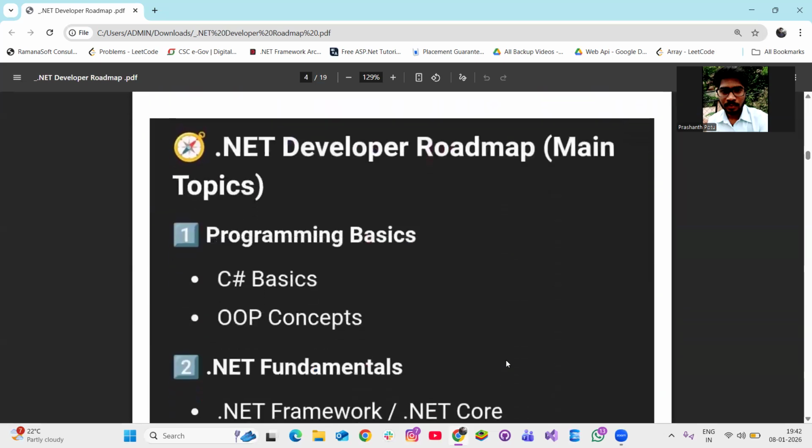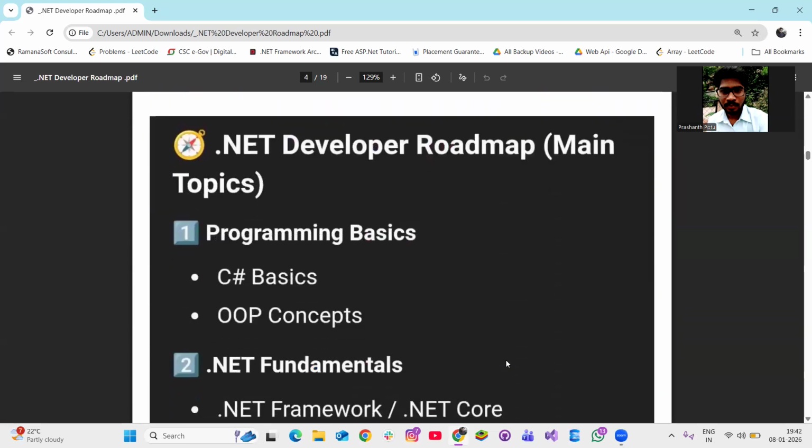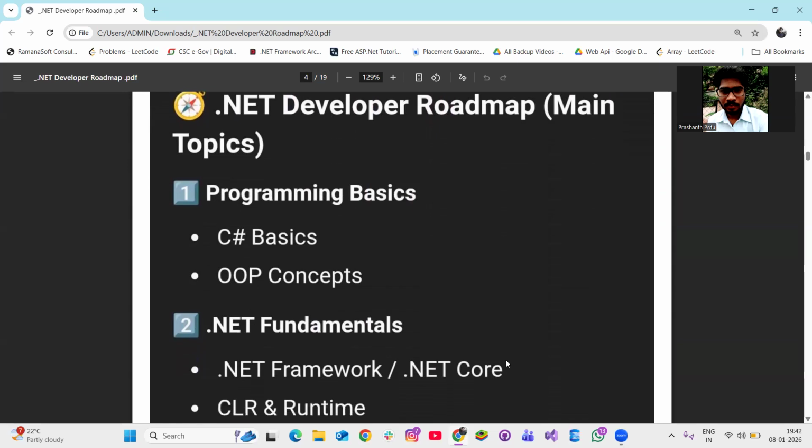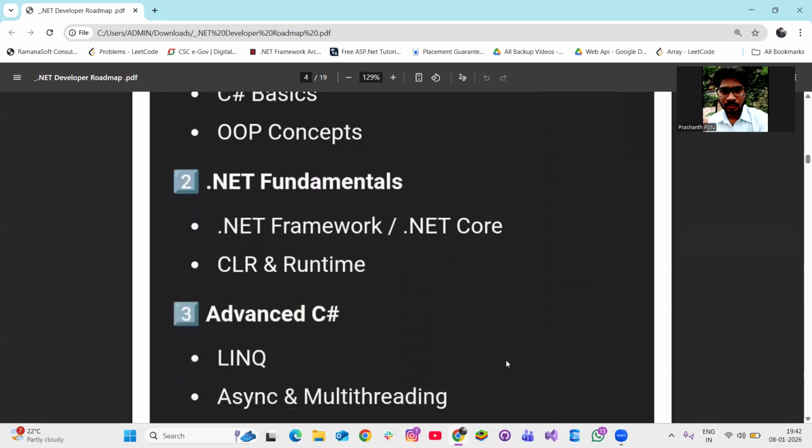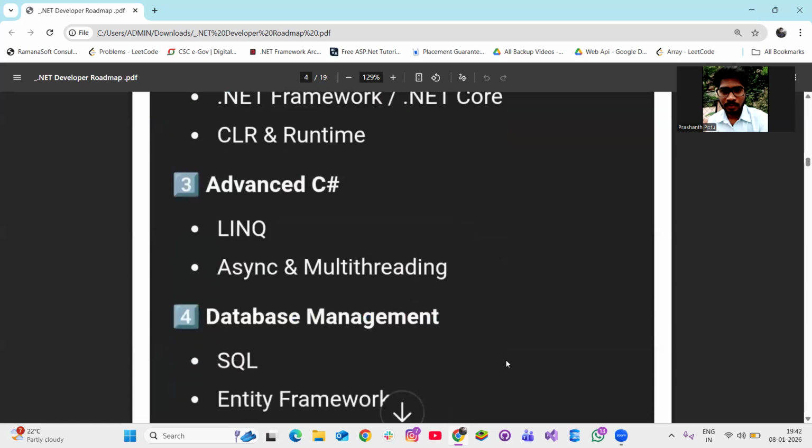So first of all, the .NET developer roadmap. Main topics. What should we learn? Programming basics. You should learn programming basics like C sharp basics and OOPS concepts. Okay, those are the main fundamental concepts. And .NET fundamentals, like you should know the difference between .NET Framework and .NET Core, and you have to use it, like the CLR and runtime, Common Language Runtime. You should learn about that. And advanced C sharp like LINQ. It is a feature of C sharp only. So it is used to